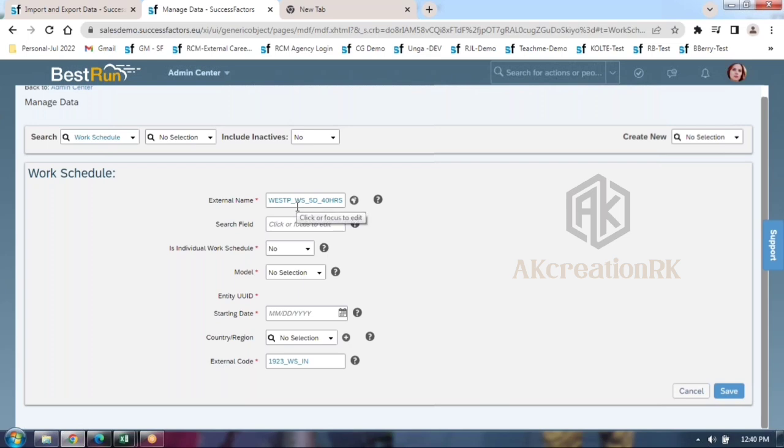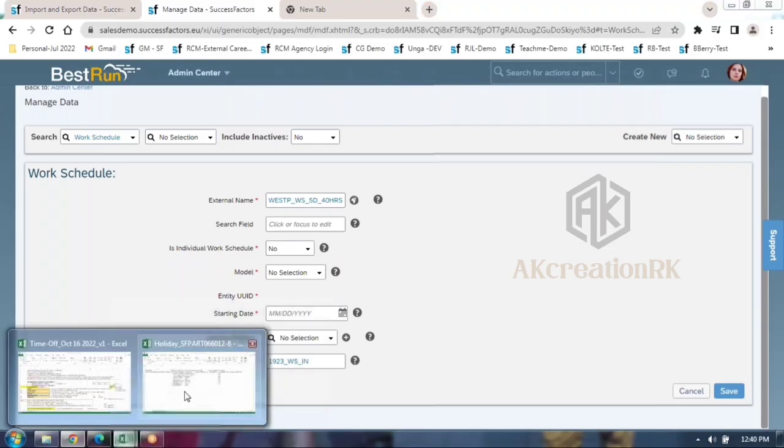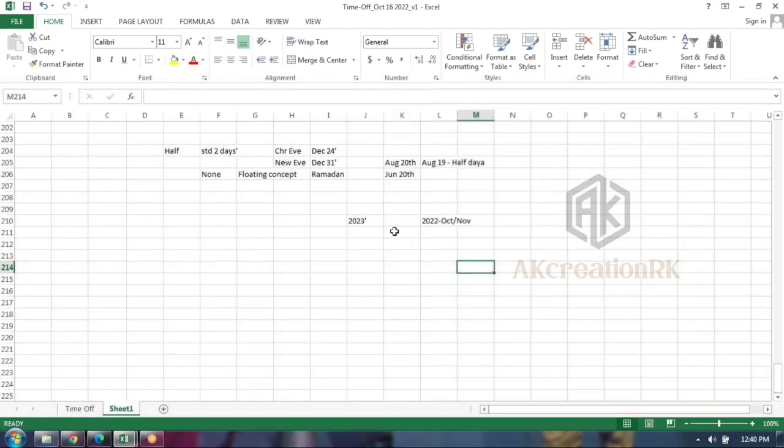There might be a few employees who should work 6 days a week. In order to differentiate the work schedule, you can maintain it this way. For example, out of 10,000 employees for your customer, a couple of employees have to work 6 days a week, and a few people 5 days a week and 45 hours. There might be such a scenario, and you have to differentiate the work schedule this way, guys.